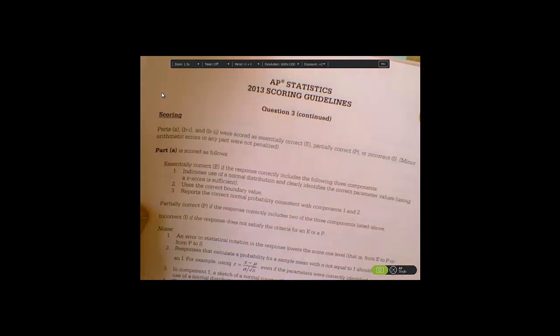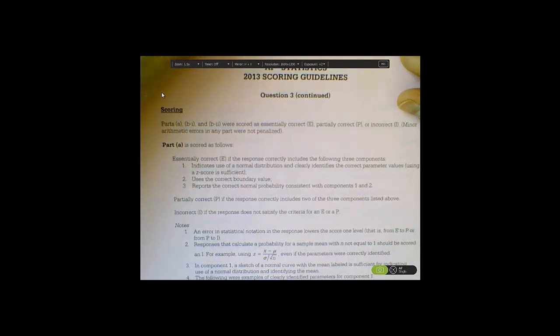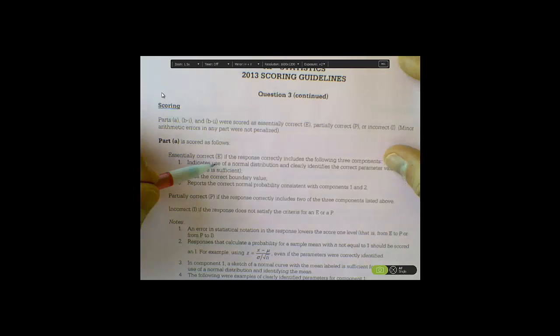Okay, so in part A, pretty straightforward. We're looking to calculate a z-score and just use norm CDF to get that probability. There's 3 components that the scoring guideline is looking for, those being: indicates the use of normal distribution, correctly identifying the parameters, use the correct boundary, and then get a probability consistent